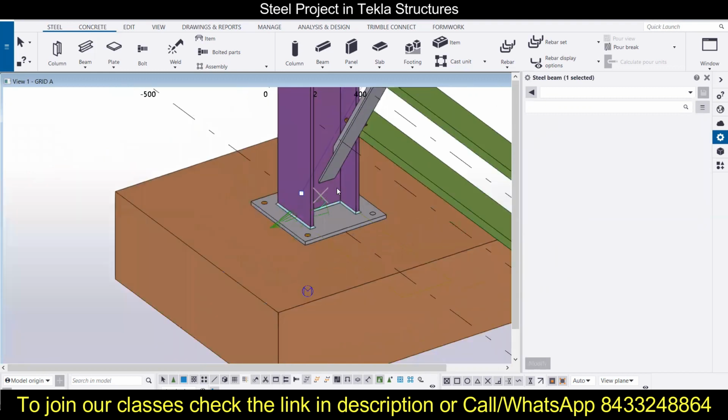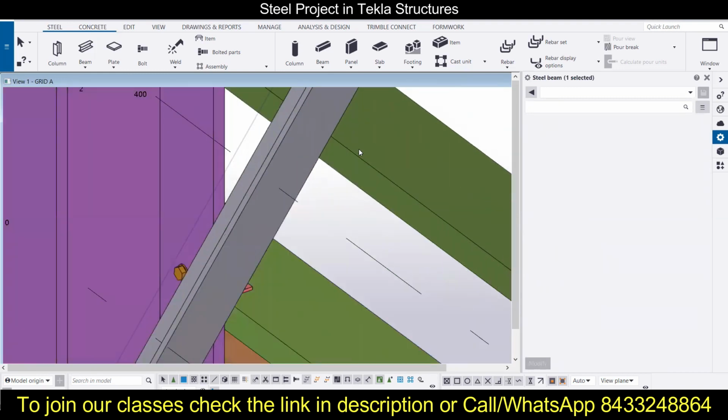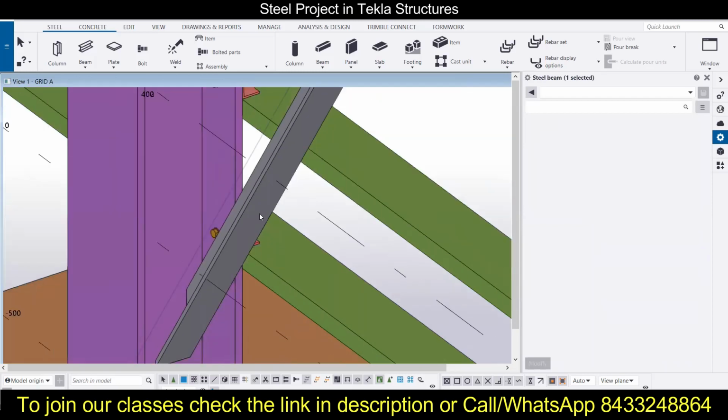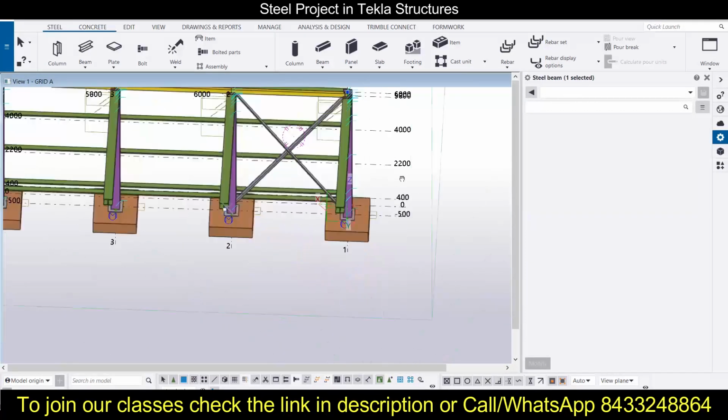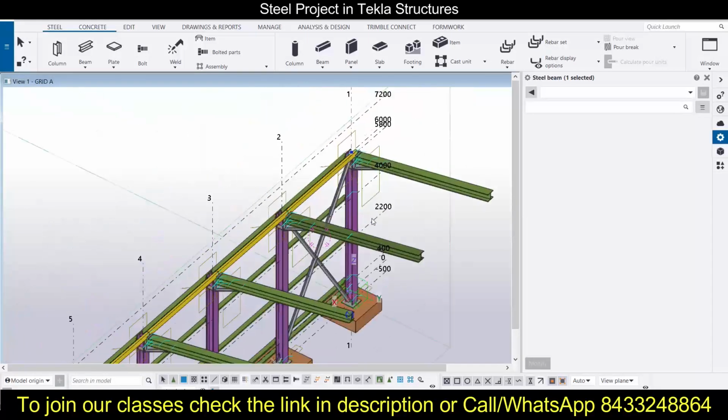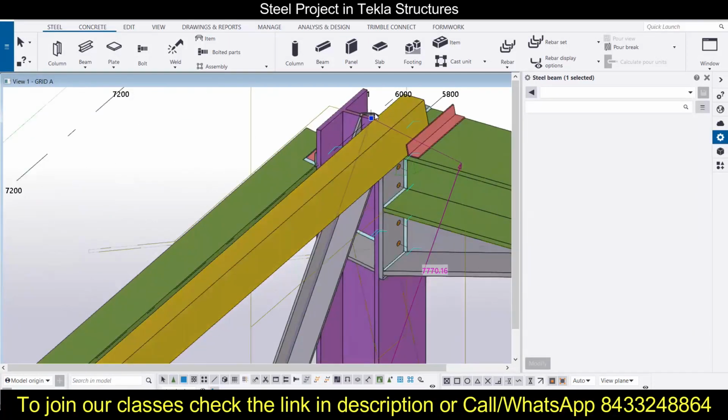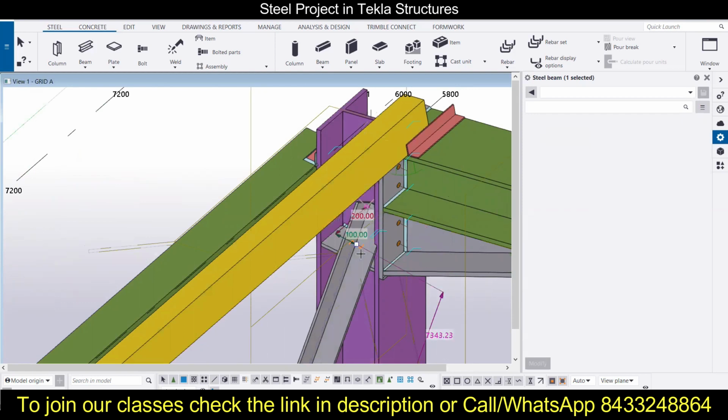Now there is also a perk of doing it like this. So we have to also check that it is not intersecting anywhere in the other beams on any side. Okay, the perk is that if you just use the move tool, then it will simply move. Okay, so we don't want that. We want it to work in this manner.